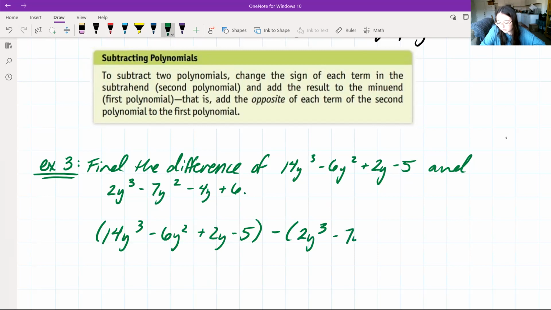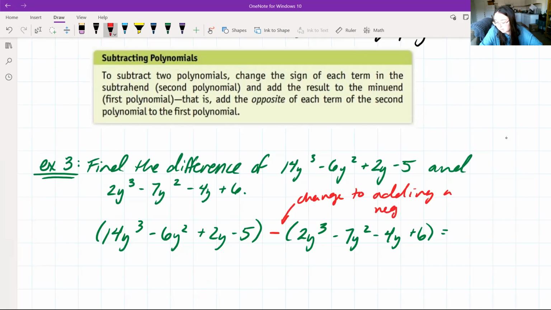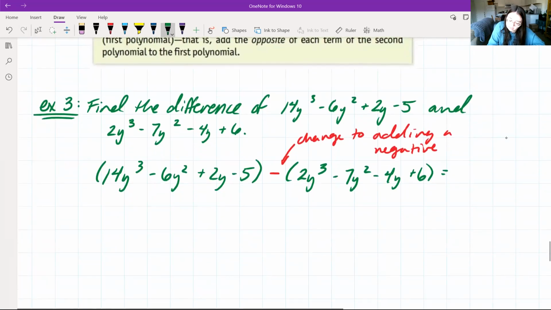2y cubed minus 7y squared minus 4y plus 6. But instead of subtracting, we're going to change this operation, and we are going to change to adding a negative. So instead,